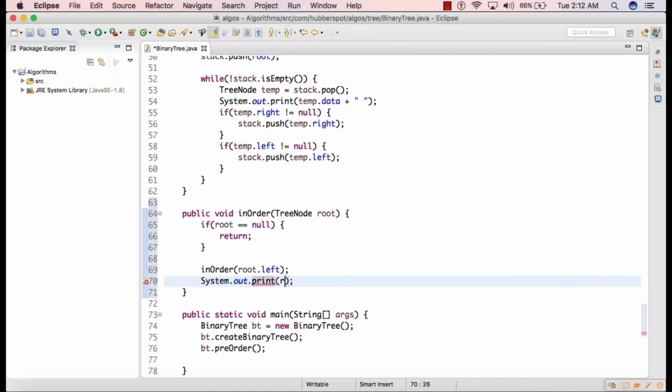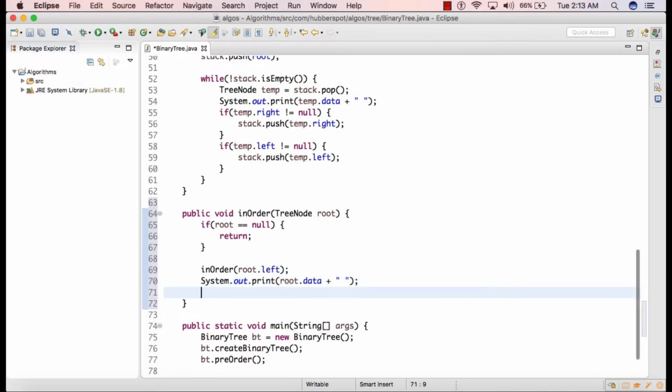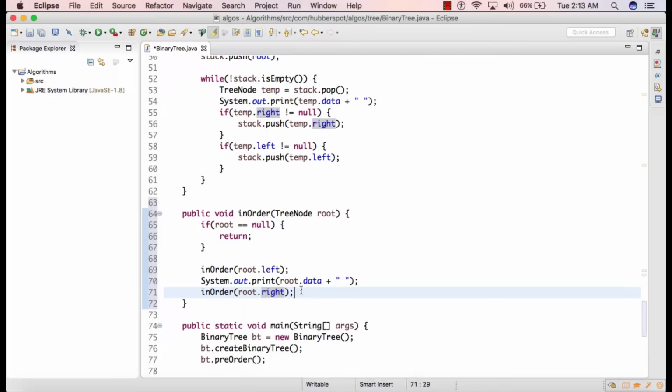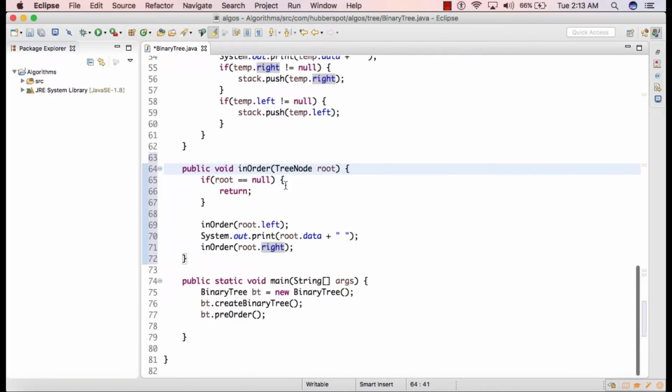So we simply print root's data on the console, and in the last step we'll again call the inOrder method and we will process root's right subtree by calling root.right in the inOrder method. So friends, this is the algorithm for the in order binary tree traversal.